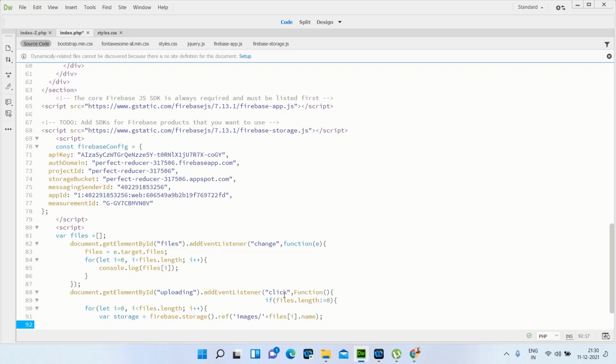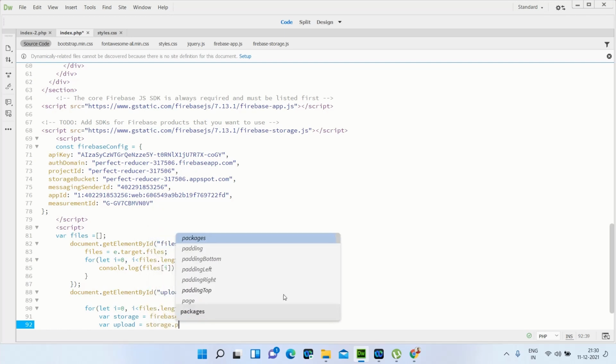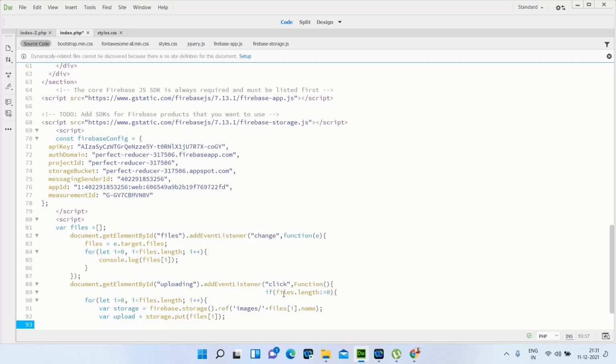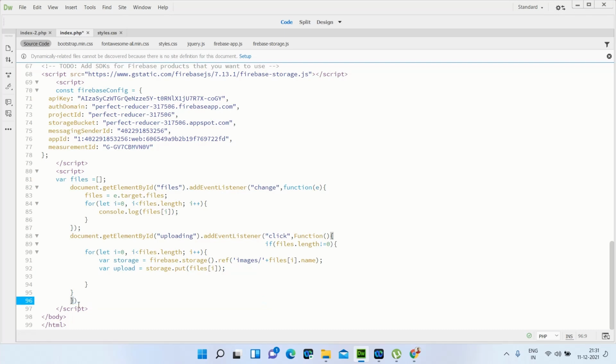After that, for the uploaded files we need to create a new variable upload equal to storage dot put, bracket, here we need files dot. So now the file is uploaded. We need to write some code for the progress bar.